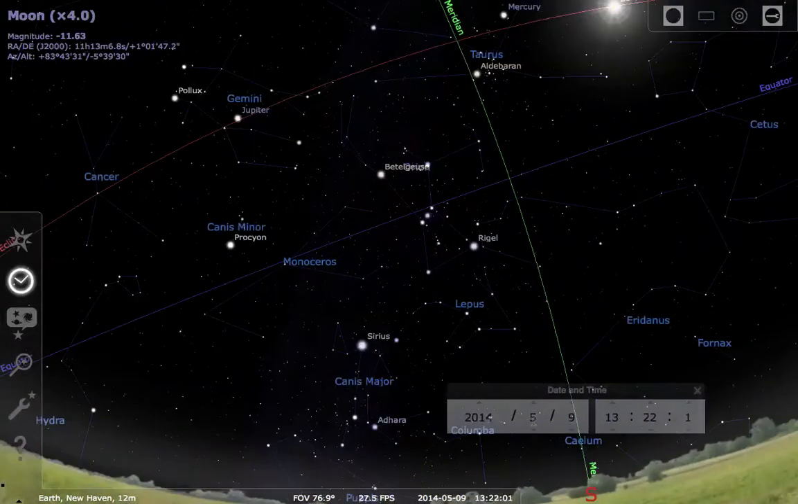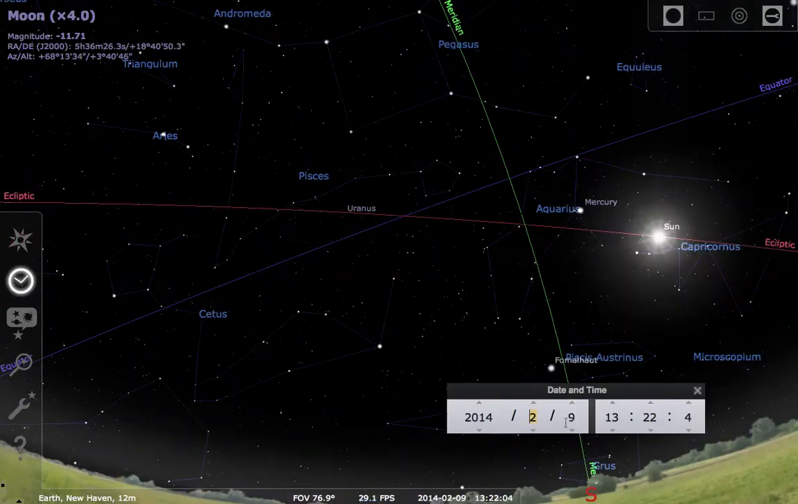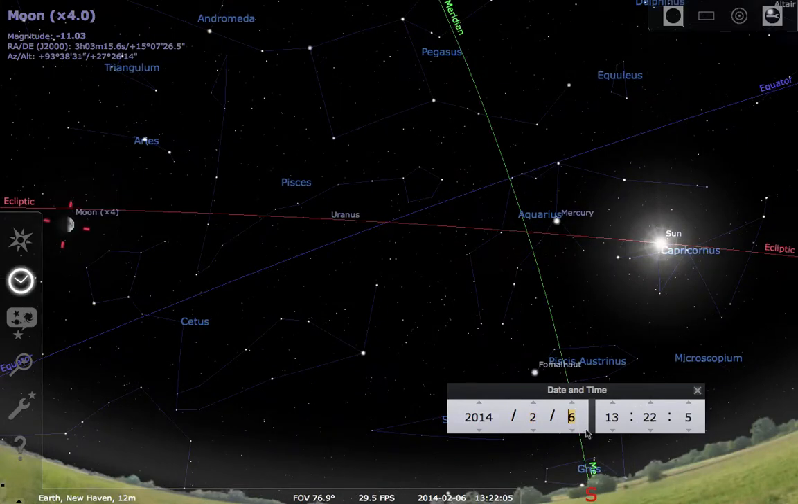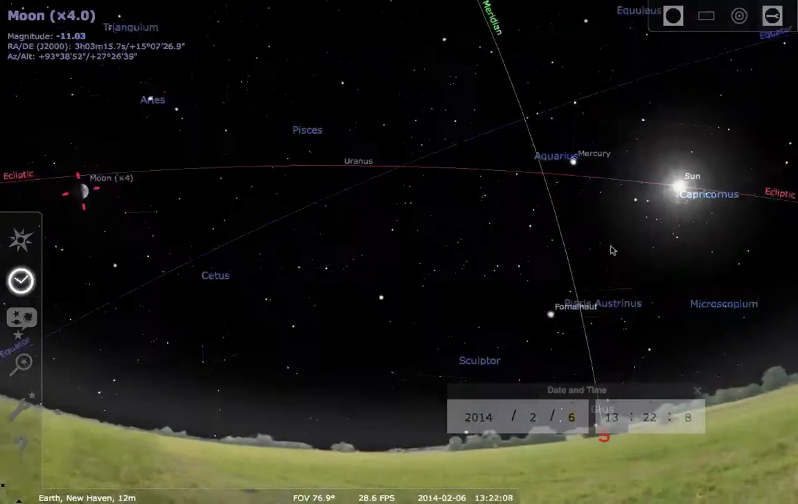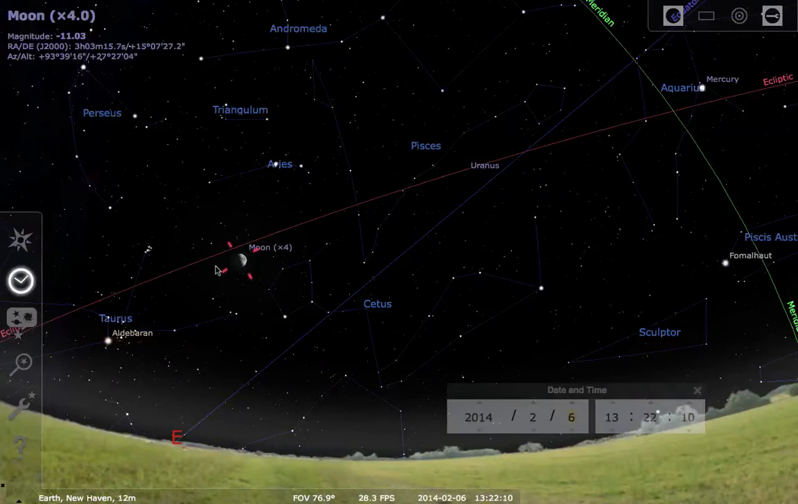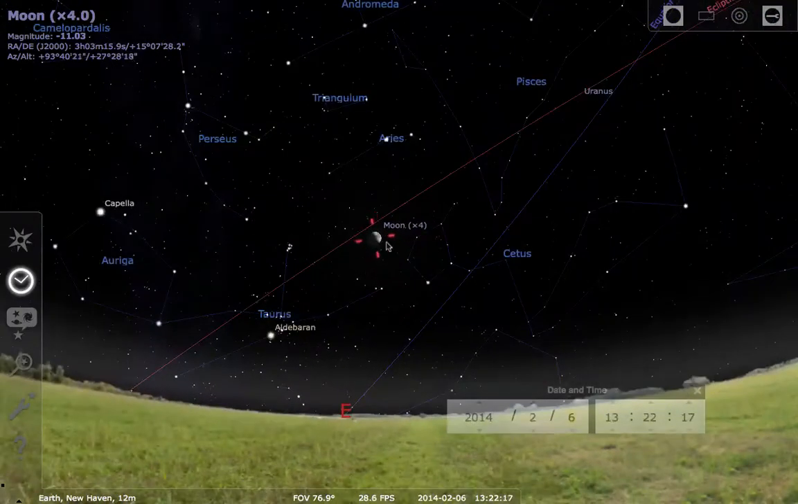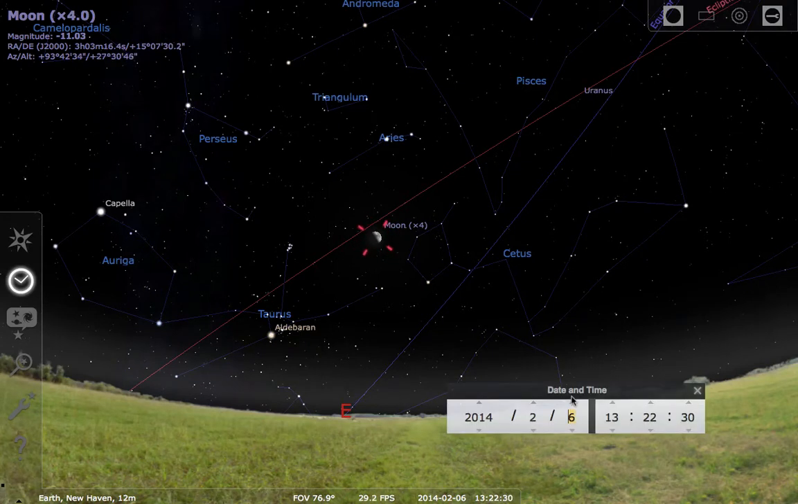I'm going to go back to February, so I'm going to set my clock here for February 6th, and I want to see where the moon is. There's the moon, and I'm curious to know if there could be a lunar eclipse. The moon orbits close to the ecliptic, but not exactly on the ecliptic. So no lunar eclipse right now because the phase is wrong. The moon has to be full for a lunar eclipse because it has to be opposite the sun in the sky. So if we go forward a couple of days,